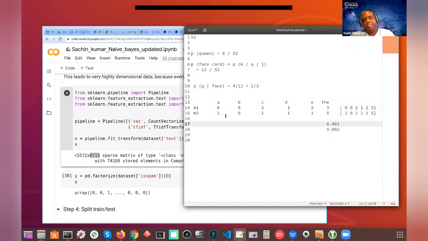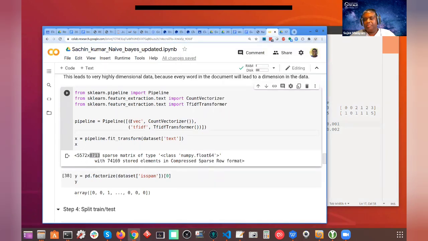TF-IDF is something like a scaling. Remember, when you did the scaling yesterday, you used standard scaler, min-max scaler, very similar to that. And this is a very simple vectorizing algorithm, and you will see this works reasonably well. But in the last few years, we started getting really good word-to-vec algorithms.